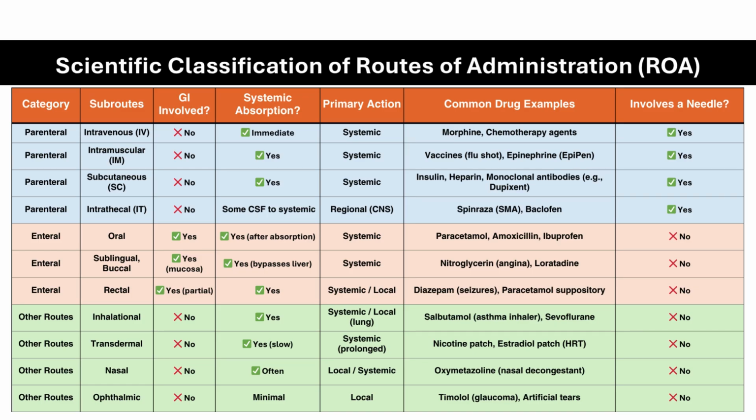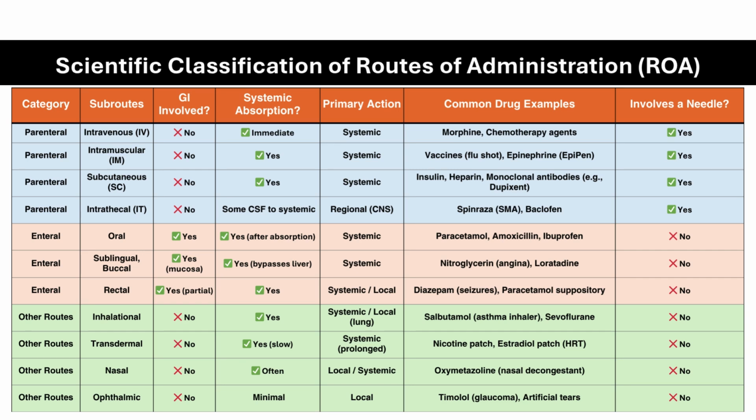For example, if the lung is the site of action, then inhalation might be a preferred route. For eyes, the ophthalmic route might be preferred. For the central nervous system, the intrathecal route of administration may be used as this can cross the blood-brain barrier. Sometimes the speed of action is more important. In case of emergency or severe pain, intravenous offers immediate relief. In case of an acute angina attack, nitroglycerin is delivered sublingually and it acts fast and bypasses the liver